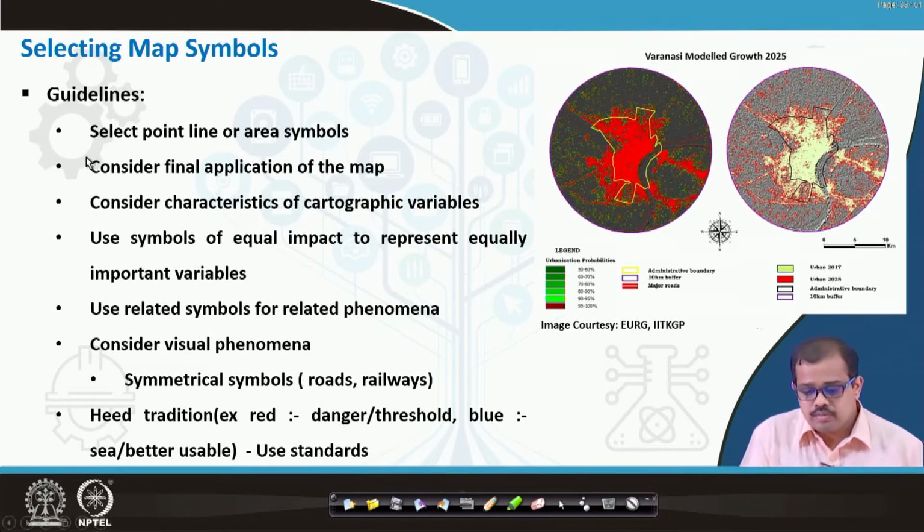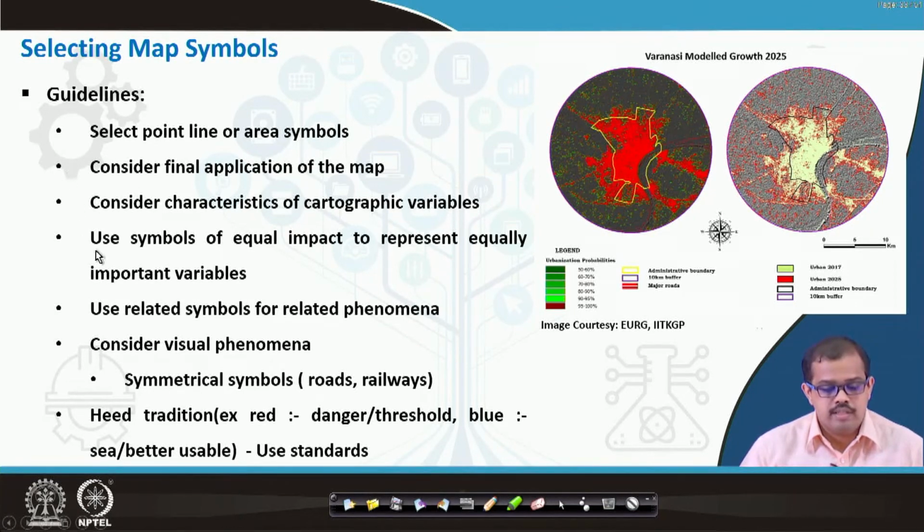Okay, for example, this particular map is representing the urbanization possibilities. If I had represented more gradations here, with 50, 51, 52, 53 to 100, then it is very difficult to interpret what each color is representing and what is the probability of that particular region to grow. So that is exactly what I mean when I say I have to use cartographic symbols. This is representing modeled data for Kolkata.